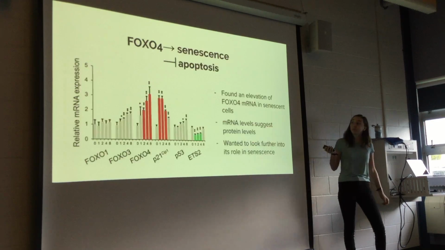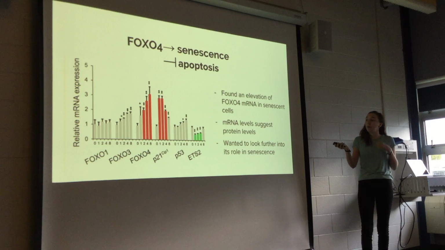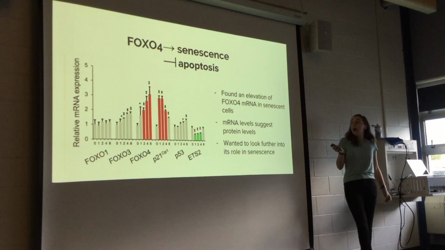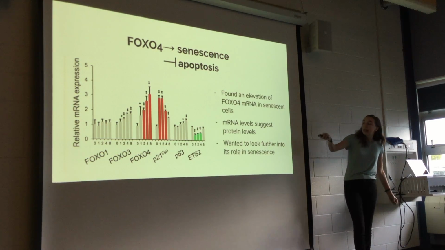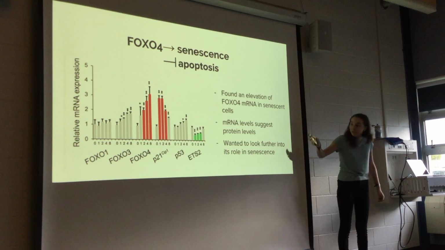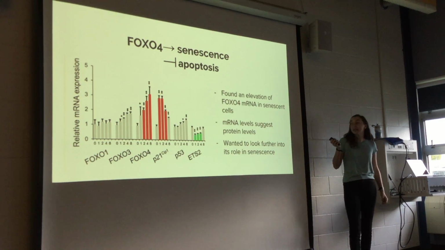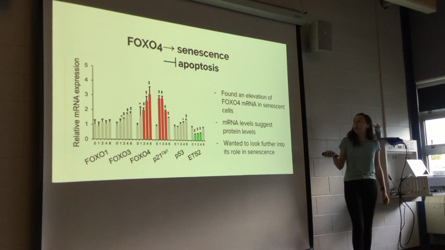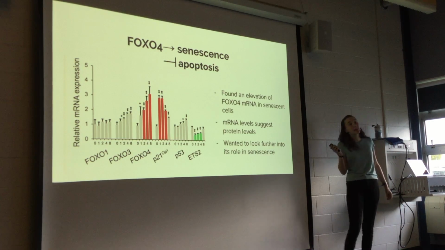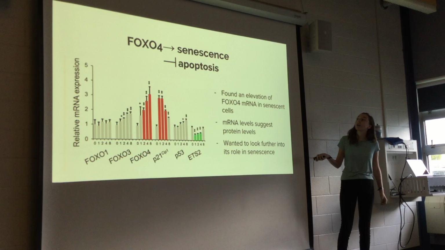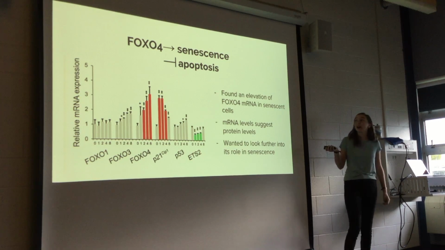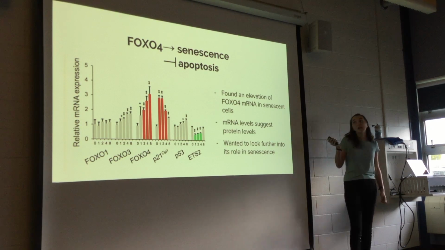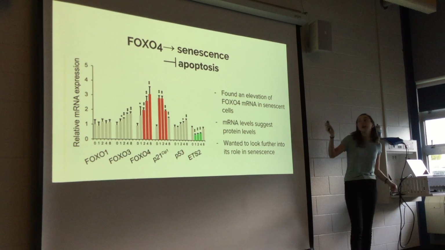So they looked at levels of mRNA for these different proteins at the bottom, the x-axis. And what they found is that they had increased levels of this red bar, which is FOXO4. And since there are increased levels of mRNA, this suggests that there are increased levels of the protein FOXO4 showing up in the body. They did some more research, and there had been some initial research actually pointing them towards FOXO4. And they found that FOXO4 does in fact play a role in senescence and inhibiting apoptosis. They didn't exactly know the specifics of that, but they do know that it plays a role.